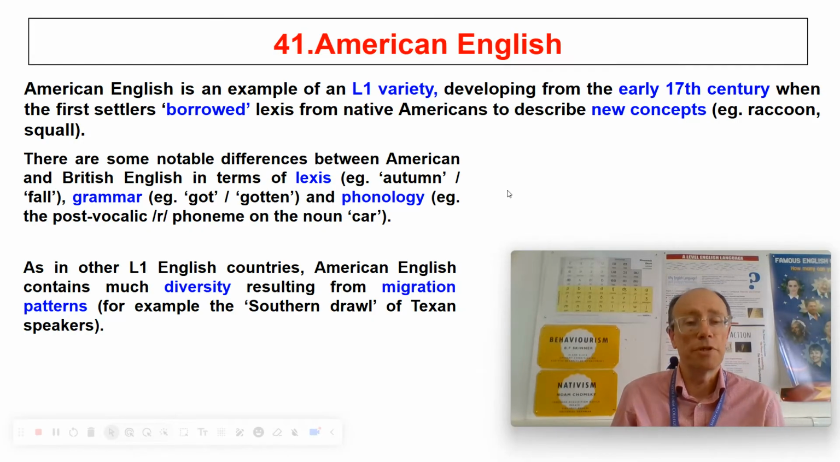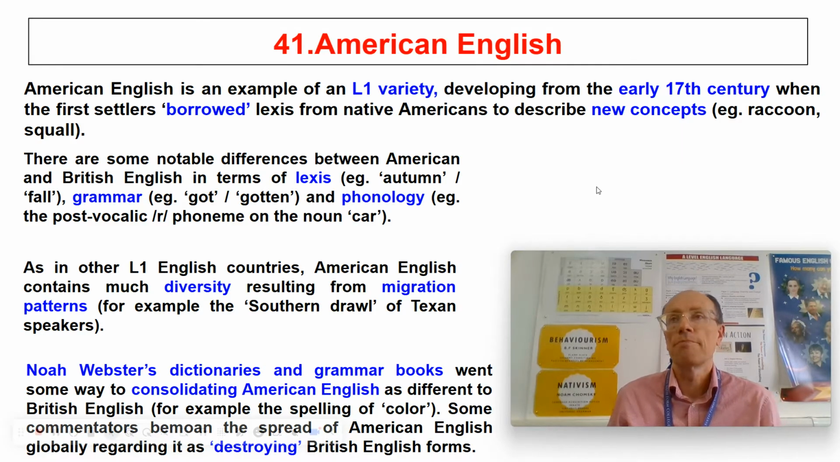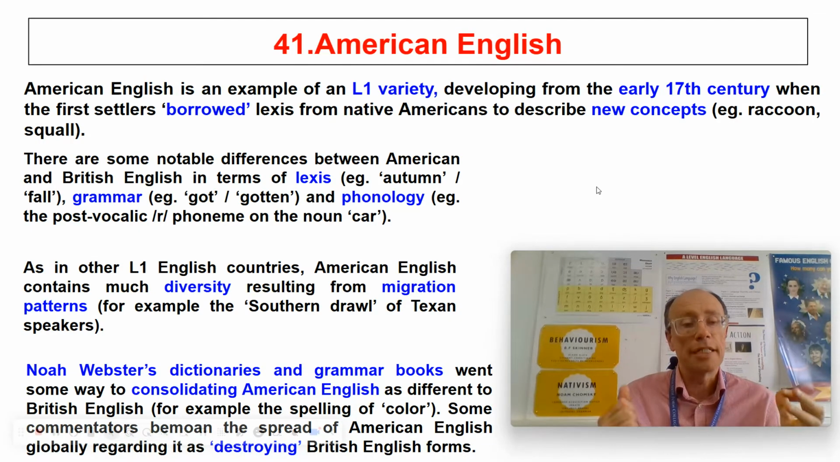There's a lot of diversity, and a lot of those result from migration patterns. So you compare, for example, the New York accent with the southern drawl of Texan speakers, and there are huge differences. We mention again Noah Webster. It was Noah Webster who produced dictionaries and grammar books in the early 19th century, and they went some way to consolidating this idea of American English as being different to British English. And your go-to example of that could be that word colour,